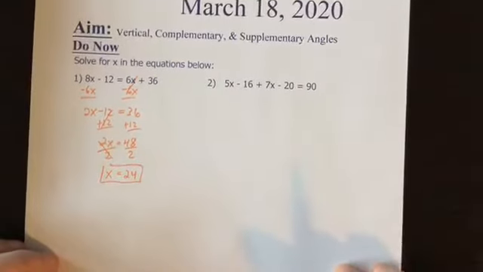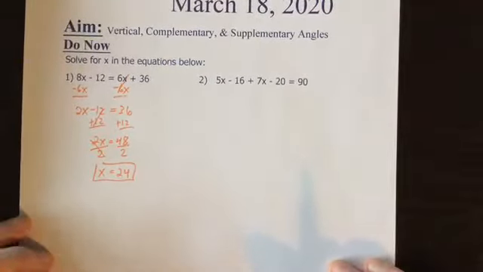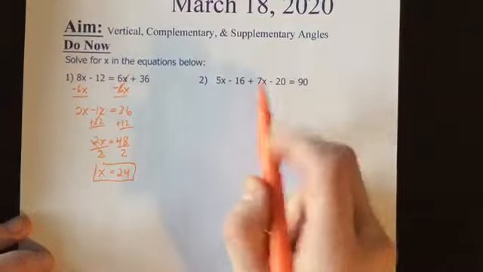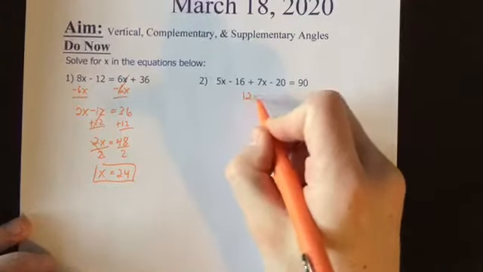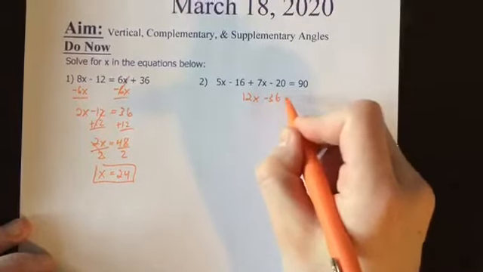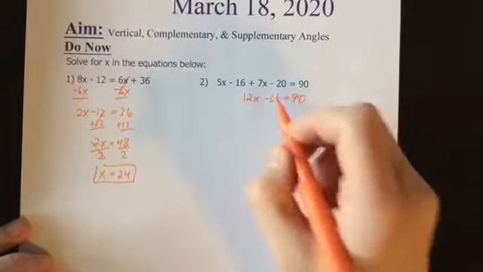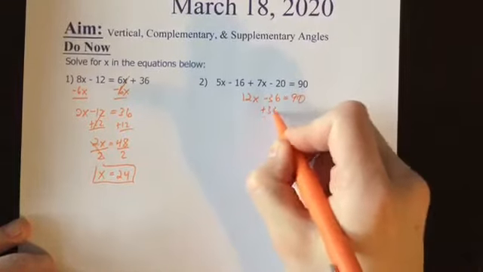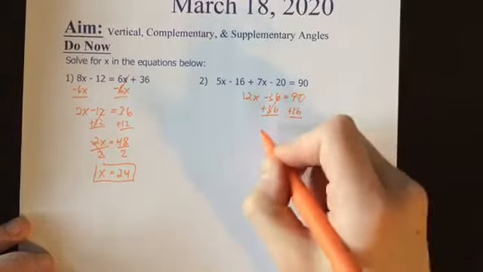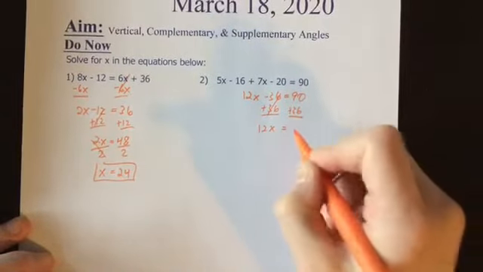As we look at equation number 2, 5x minus 16 plus 7x minus 20 equals 90. We want to combine our like terms. 5x plus 7x is 12x. Negative 16 minus 20 is negative 36, equal to 90. Let's add 36 to both sides to isolate our variable term. 12x is equal to